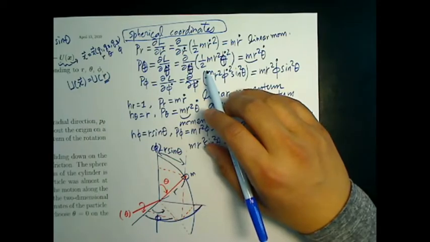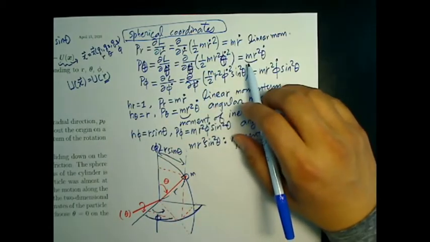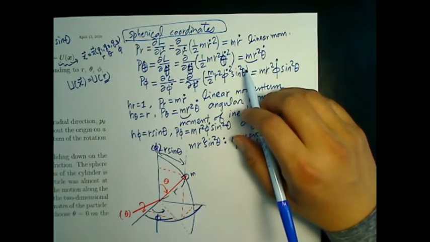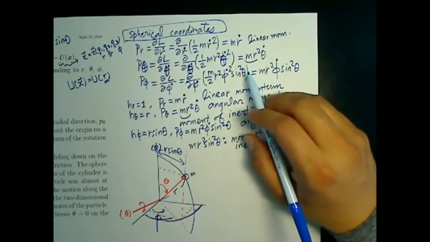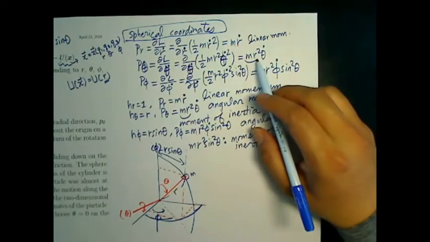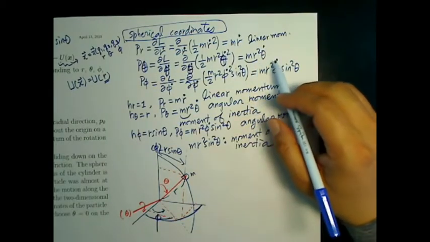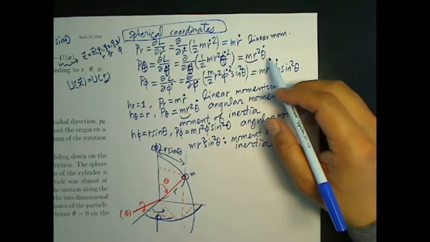If I take the partial derivative with respect to theta dot, we obtain m r squared theta dot. Here again, we have a scale factor r, and the generalized momentum corresponding to the coordinate theta has the lever arm squared. It's m r squared theta dot, and m r squared is the moment of inertia for this rotation, and theta dot is